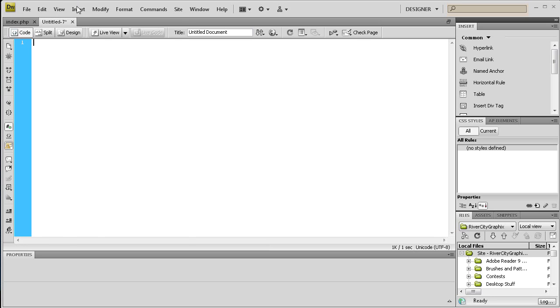So now what we're going to do to start is create a link. You can either go to insert hyperlink and add the things that you need in there, or you can just code it out like I'm going to show you. So I'm just going to do a space, href, and hit enter, and it'll put in the quotes and the equal sign for you to put in your link. And you need to put in Twitter's URL,